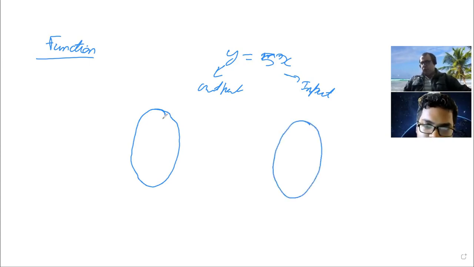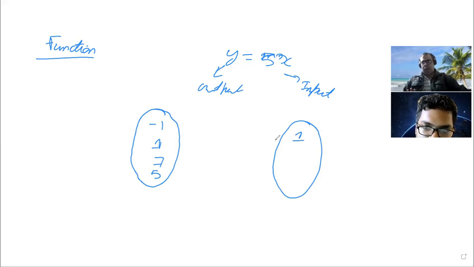Let us suppose the elements of the input are -1, 1, 7, and 5, and the output will be the square of them. So the square of -1 is 1,